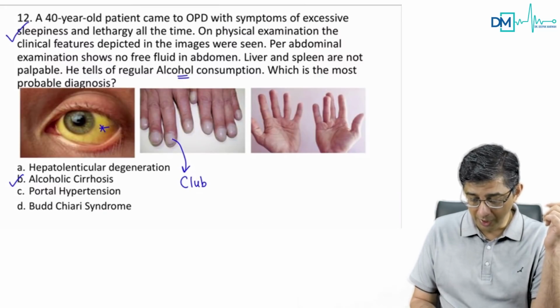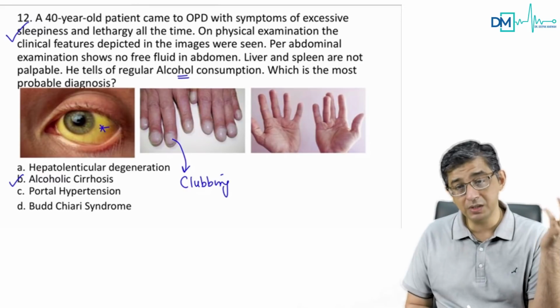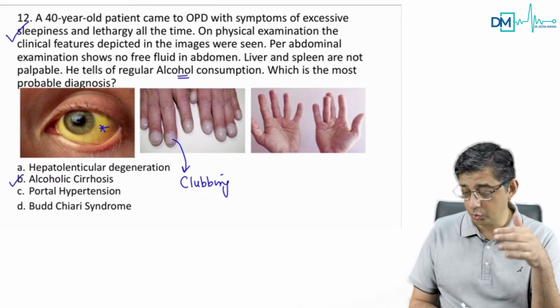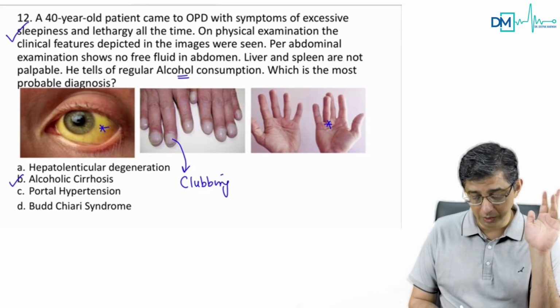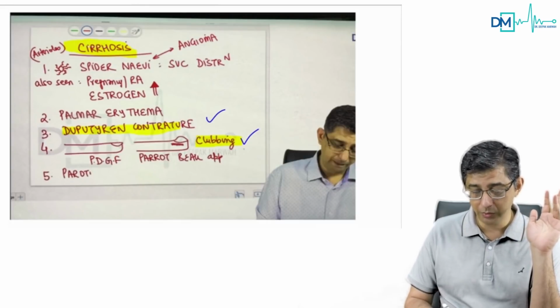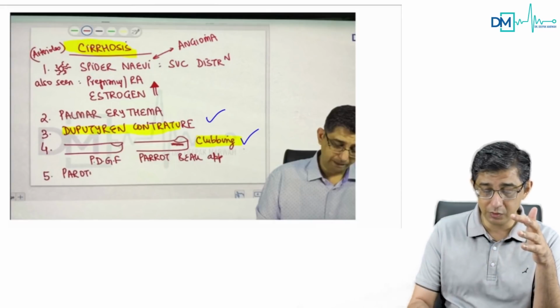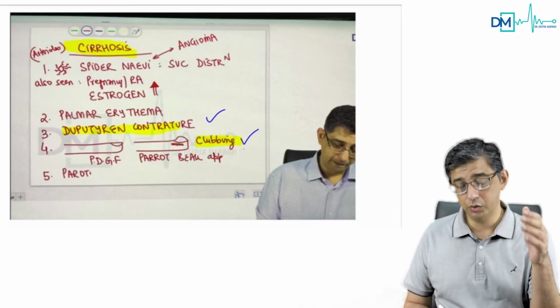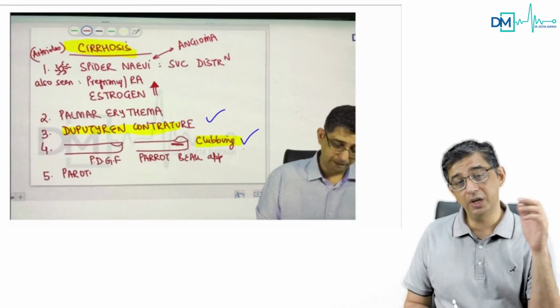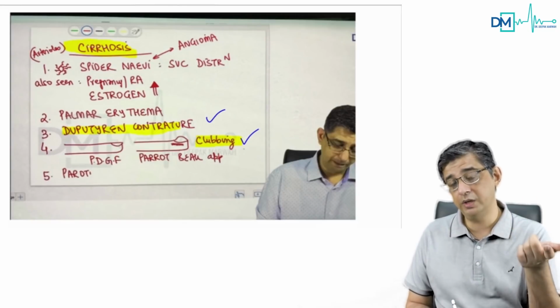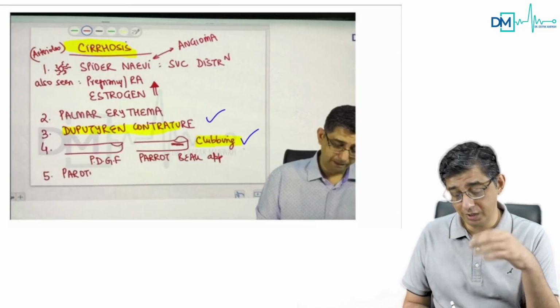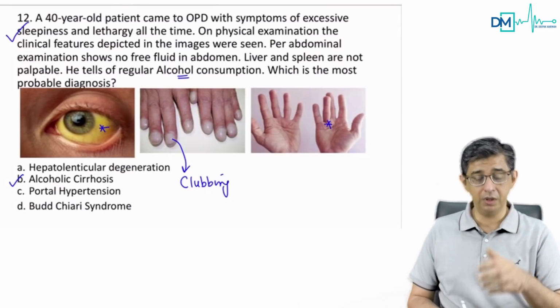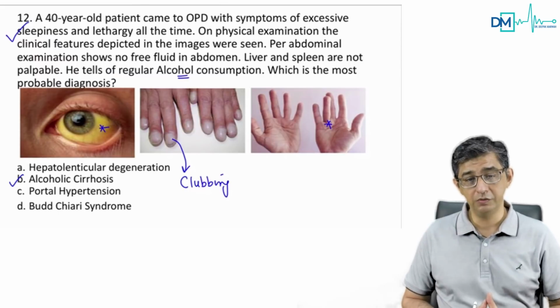You can see the parrot beak appearance of the nails which is present. At the same time, you can also notice a very particular contracture in the ring finger. This contracture in the ring finger is called Dupuytren's contracture. I've discussed these manifestations of cirrhosis in the liver component. So you get compensated cirrhosis, you get decompensated cirrhosis, but the moment jaundice starts coming, the moment you start having varices, caput medusae, it means that the person has gone into decompensation. So this is a straightforward case of alcoholic cirrhosis.